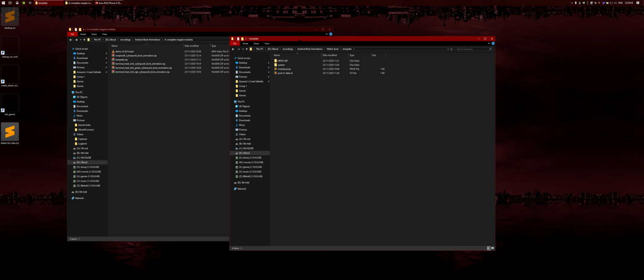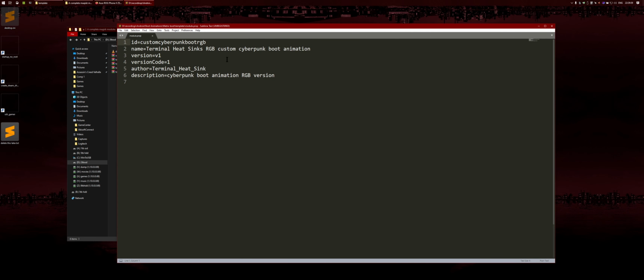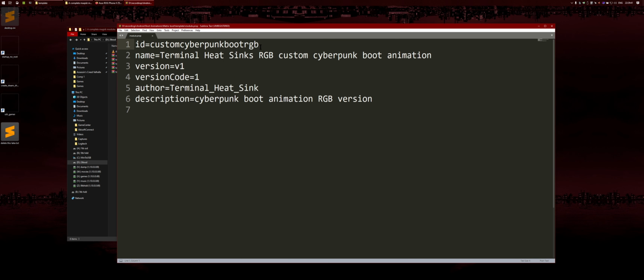And inside here, you will see a module.prop file. You can open that up. And then here we can change the ID. So you can name this whatever you want. So I'll just call it matrix boot anim. And then the name, this is what's gonna show up as the thing in your Magisk module. So I'll just call it terminal heatsinks matrix